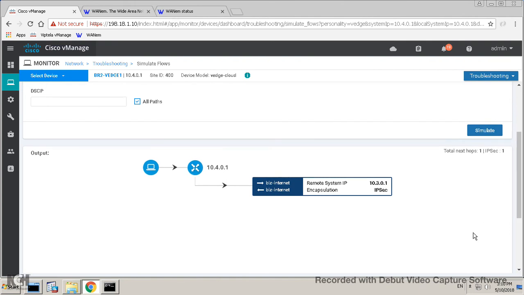What happens if there is a brownout issue? The user performance gets degraded, but we never come to know the reason, or what transport link I need to choose, because we always think from the availability point of view. Application aware routing has actually overcome those issues, and it gives you enhanced user application performance because it is checking the status or the health of your transport, and based on that it's intelligently deciding what transport is best suited for the application so that the user is always